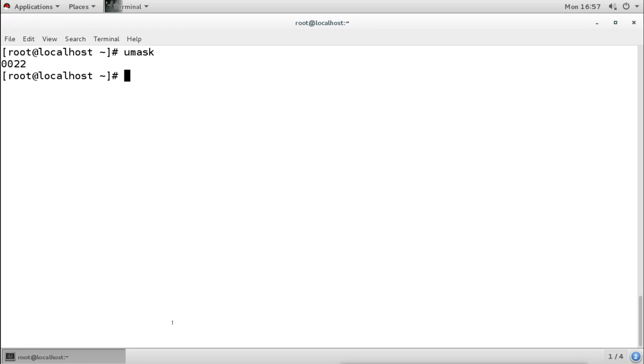Now when we check the umask, it shows this. I have told you that the umask for the root user is 022, and for normal users it is 002, but there is one more 0 there which I have not mentioned. Now that 0 is also about permission, it is also about the advanced permission.